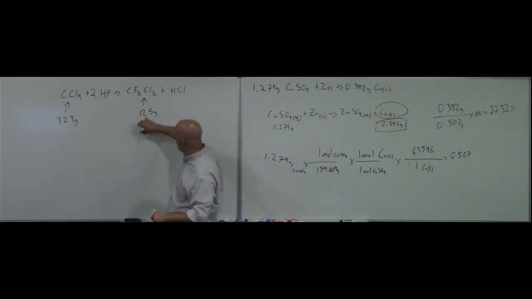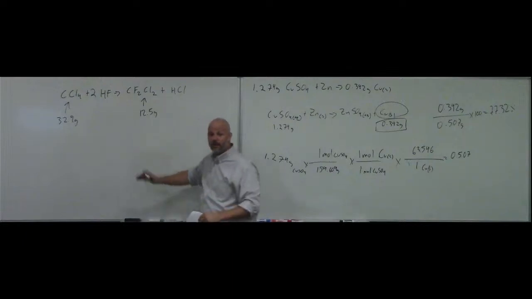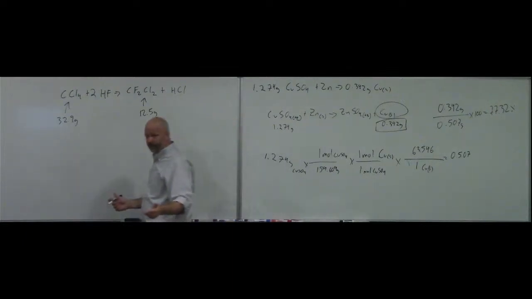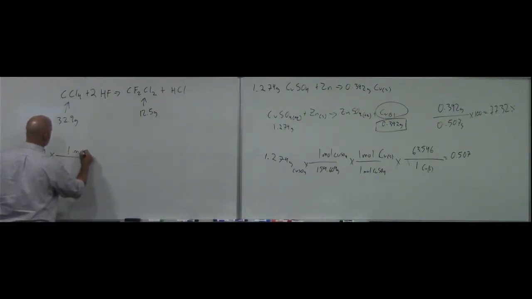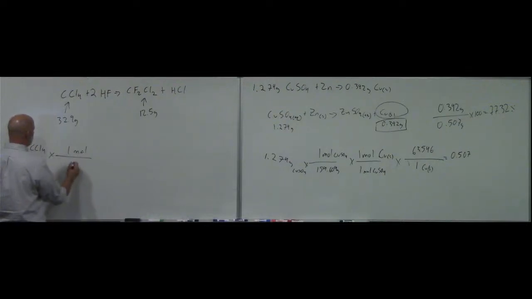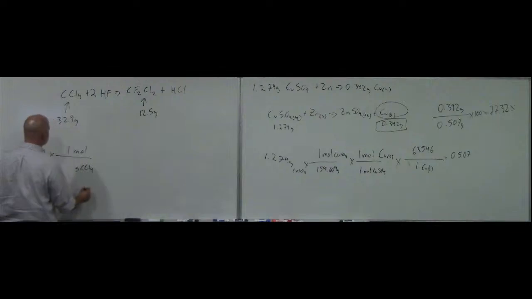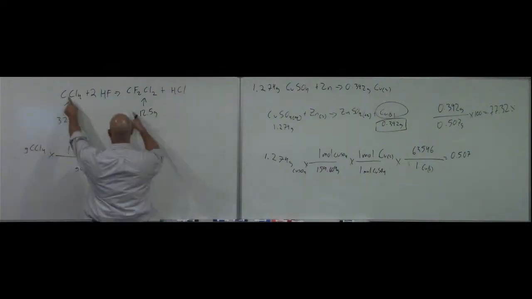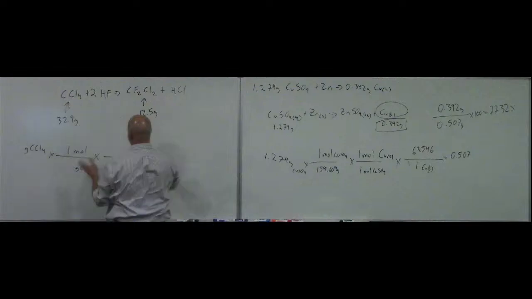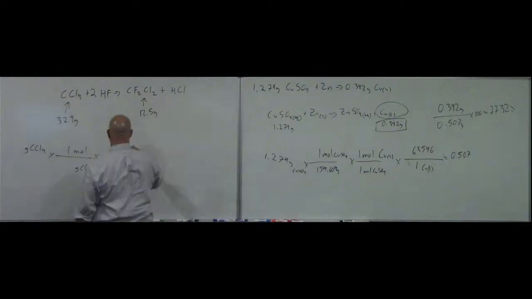Then I divide my actual by my hypothetical and multiply by 100. So without even putting in numbers: I've got my grams of CCl4 times 1 mole over the formula mass in grams of CCl4. Then I multiply by my mole-mole ratio, which in this case is just 1 mole of